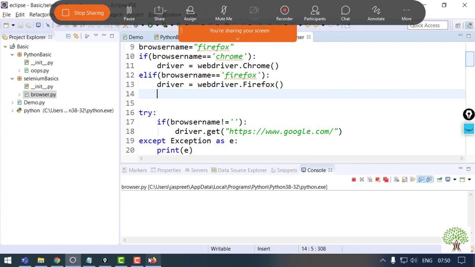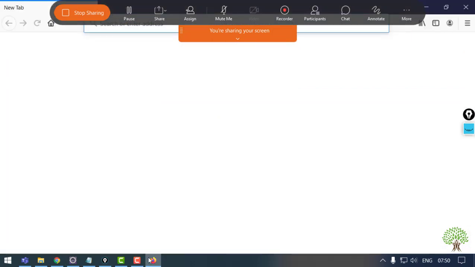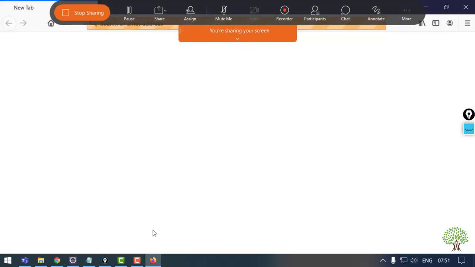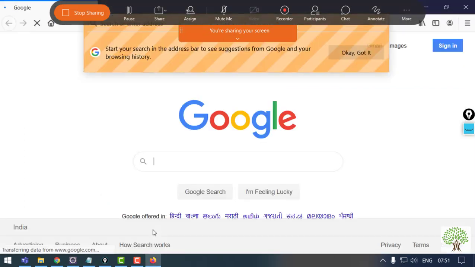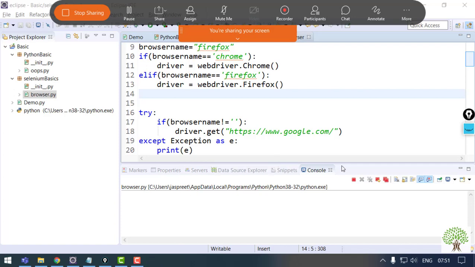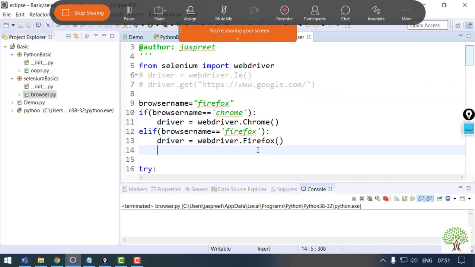Over here my browser has opened, and it will take me to the URL that I specified. So this is how you can manage the same script if you want to run it on multiple browsers.